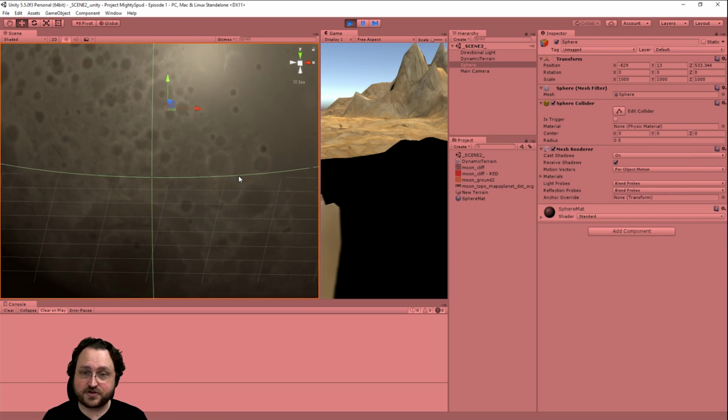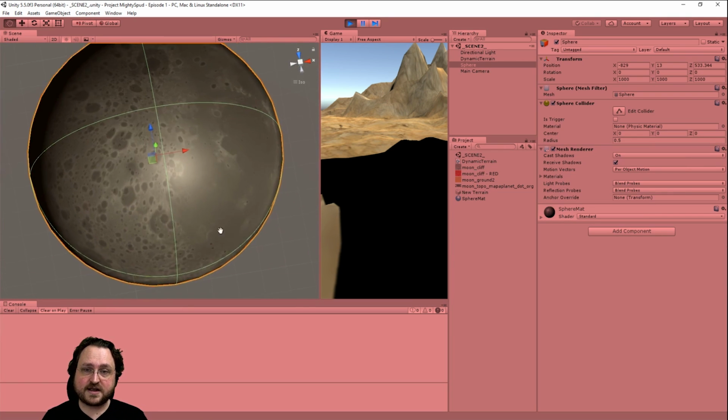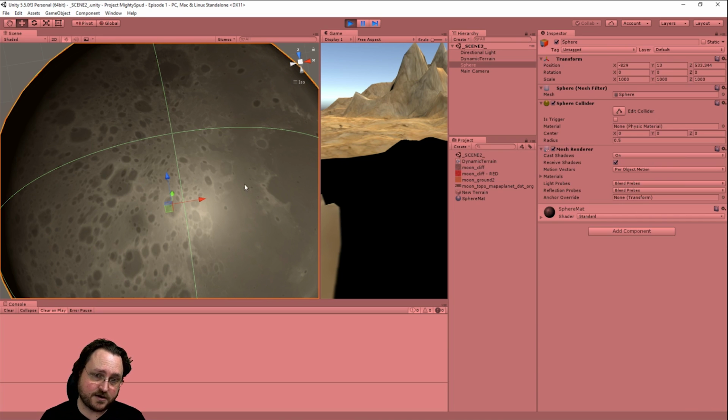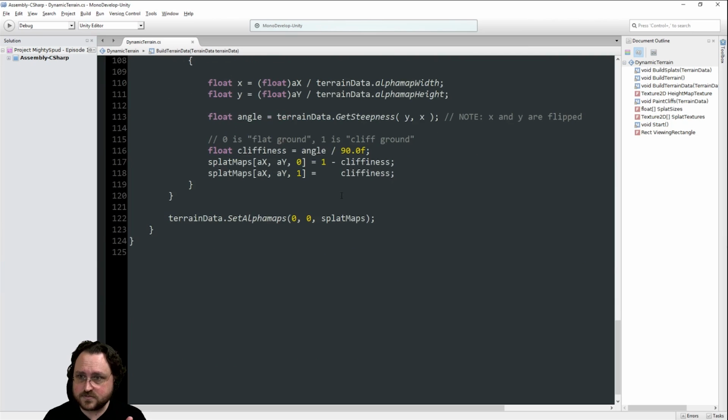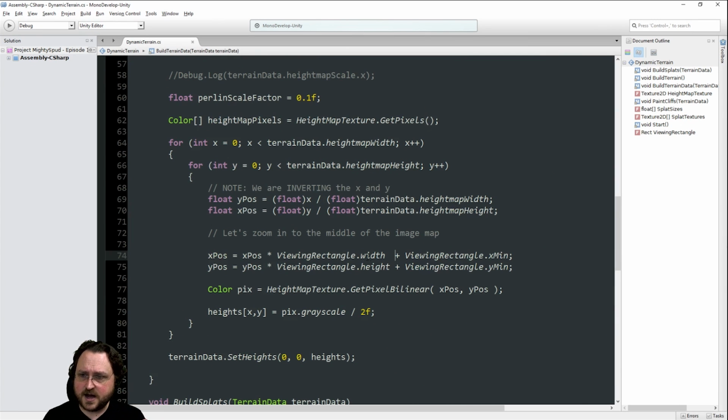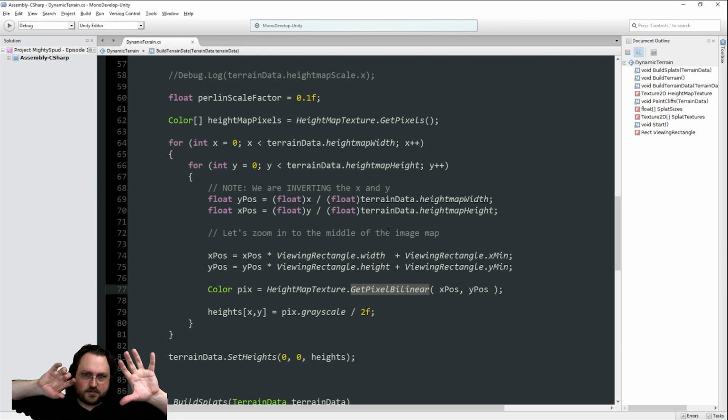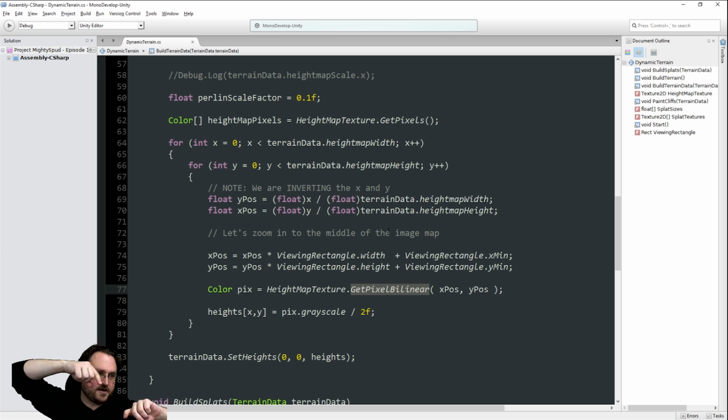And then the harder part is going to be to correctly, let's say we come down on the poles, and we're grabbing this area over here with all the weird stretching and distortion. We're no longer going to be able to use the direct GetPixelBilinear, because we're going to have to do all sorts of coordinate substitution or alteration, because when we're coming down here, this is at this latitude and longitude, which needs to map to a particular UV coordinate of the texture, distorted by going from cylindrical projection to spherical projection.